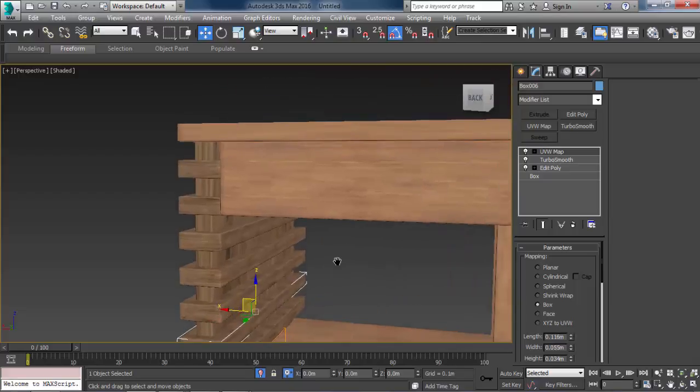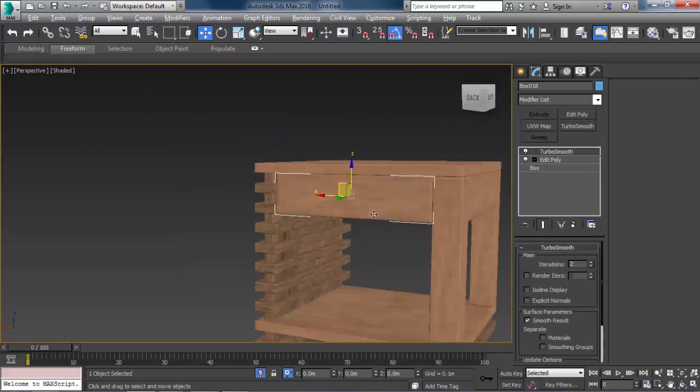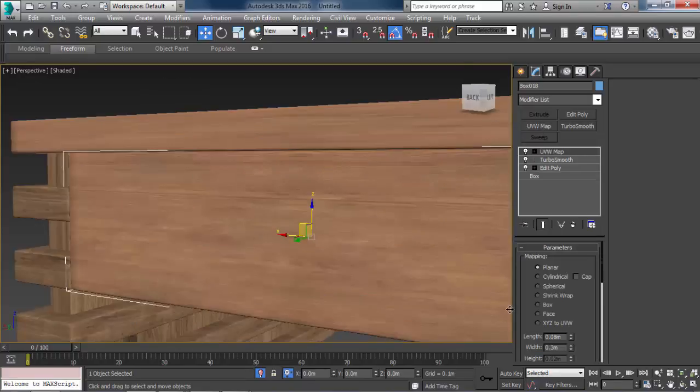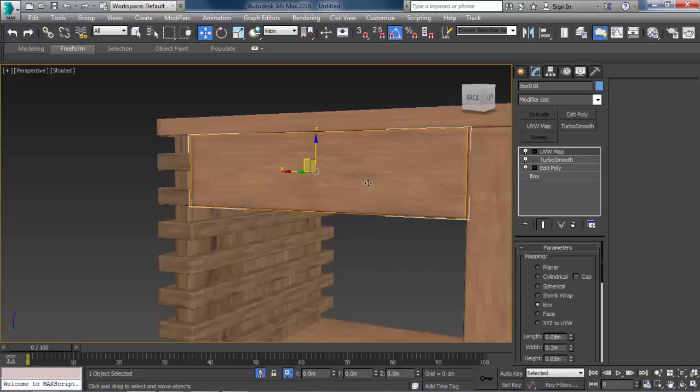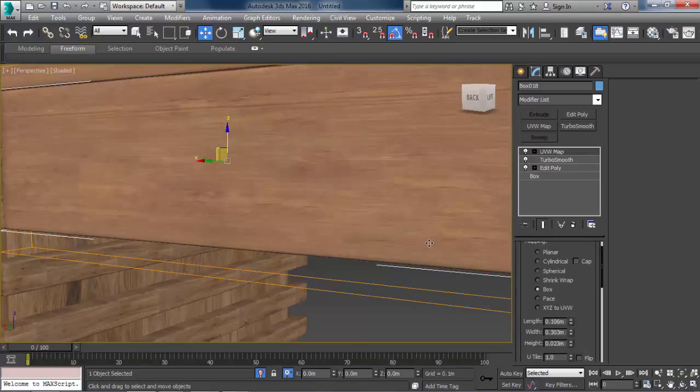And let's start applying the UVW to the rest. This looks nice, I guess, for this one. Just increase the light, 11.